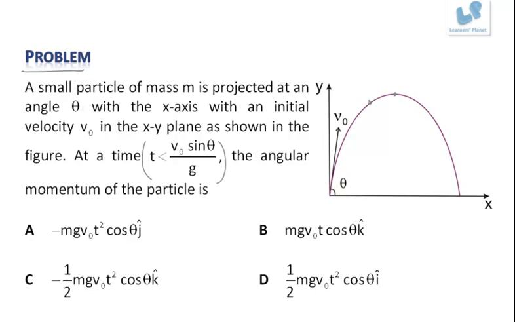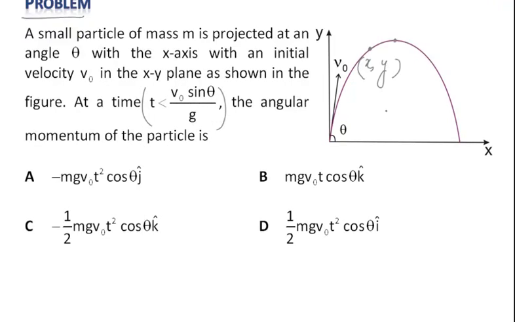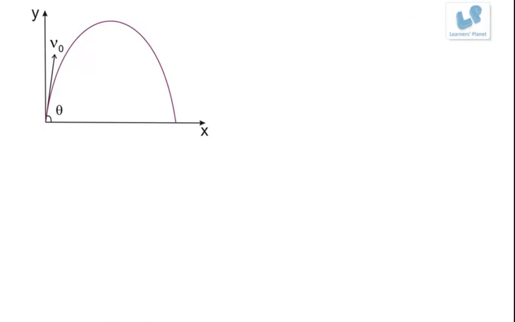It is somewhere here. Now this problem has to be done considering motion in two dimensions. That means we'll study the components of velocity and its position in x and y separately. Let us say after time t the object reaches here and it has got a velocity v. Now this v can be written as vx i cap plus vy j cap. So it has got a velocity in the y direction, it has got a velocity in the x direction.